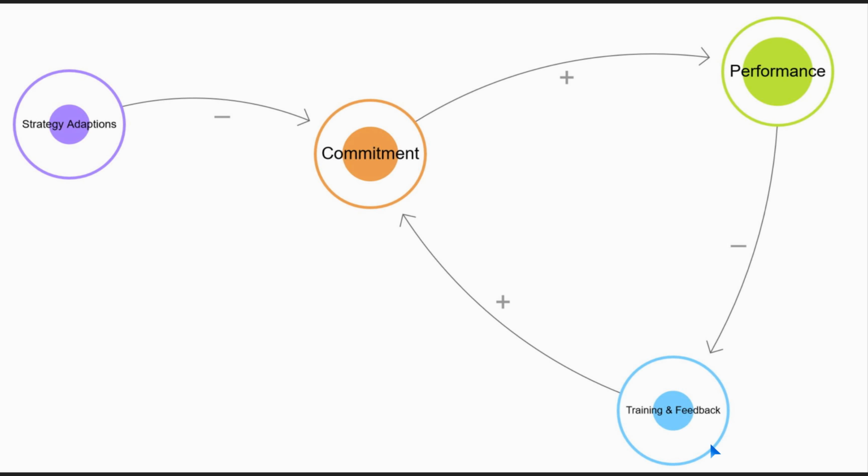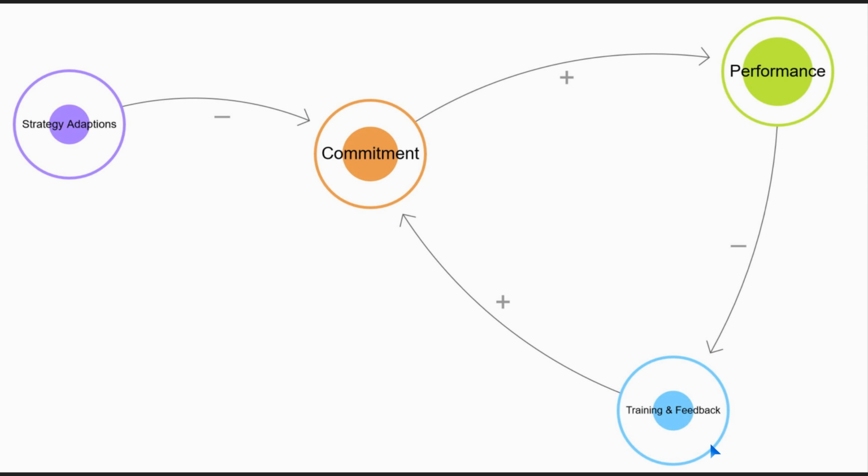Now, combining these two pillars, system dynamics and the Higgins 8S model, leads to the underlying basic concept of SES. We have a very often simplified model in front of us, which says, okay, every strategic adoption leads to a change in commitment because people don't understand it the way they did before, which leads to a different performance, which requires more training and feedback, which then influences the commitment and has a positive or negative impact on what's